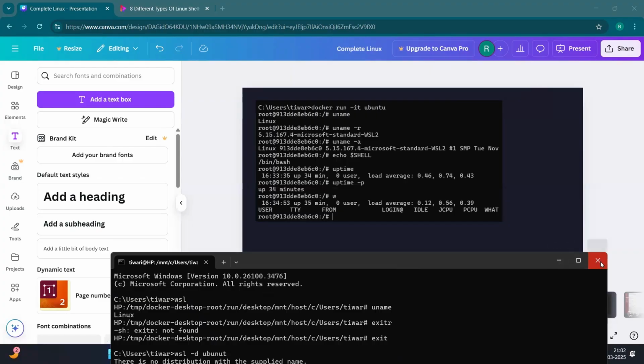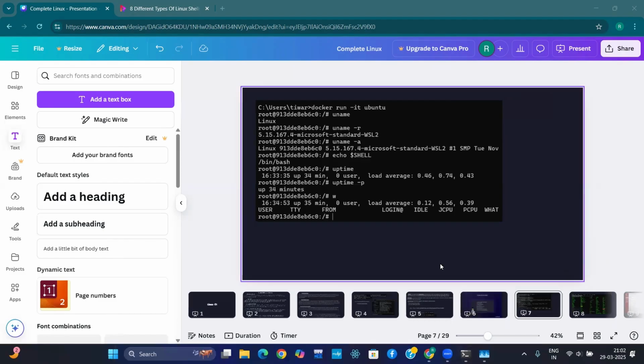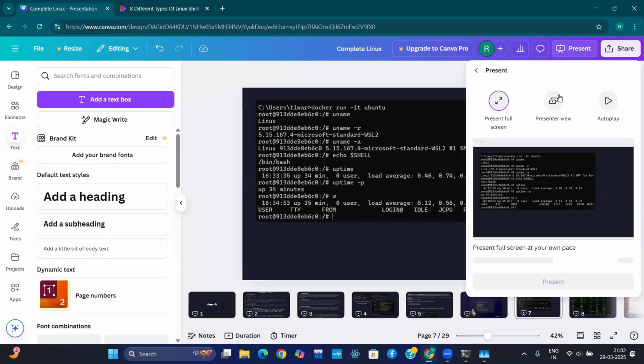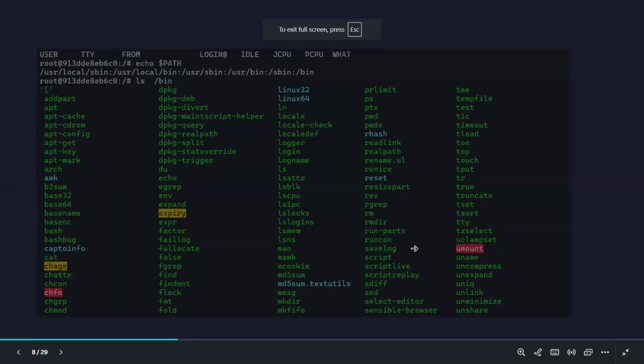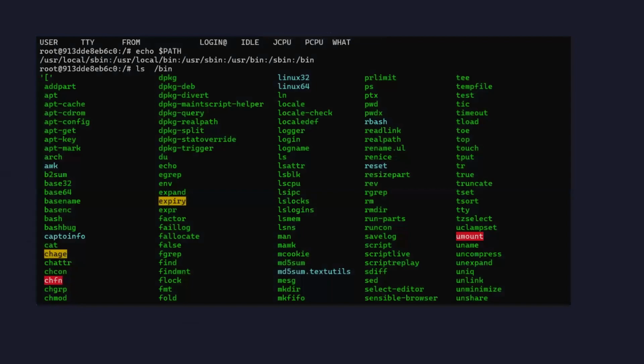So all the steps are mentioned here. If you want something, then just take it. Okay, so I think now it is sufficient for today, because I have much content about this, like